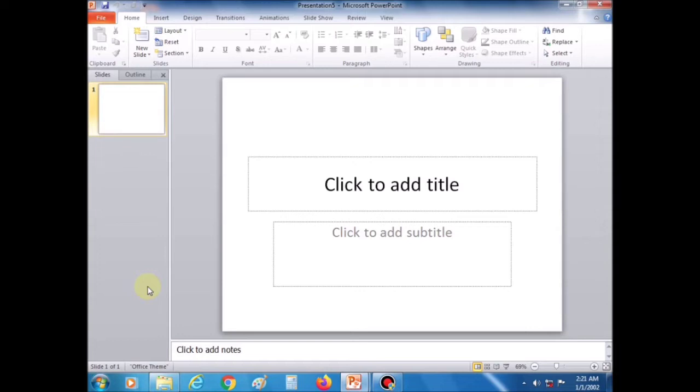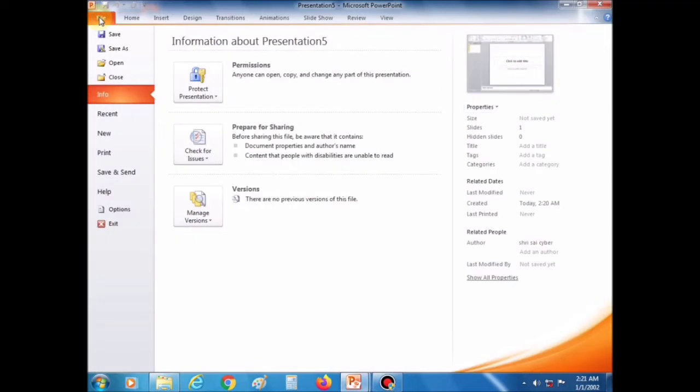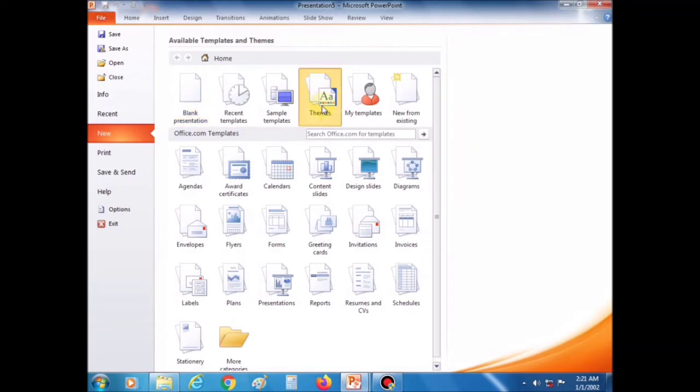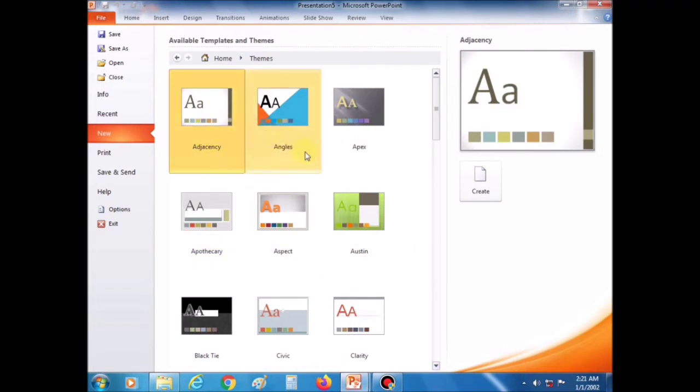Now click the File tab, then click the New option from the Backstage view that appears. Now click Themes or Sample Themes option under the Available Templates and Themes section to create a presentation using themes or templates.